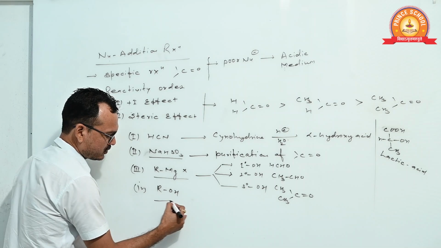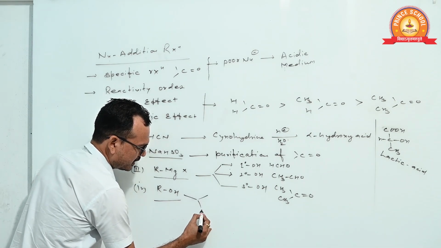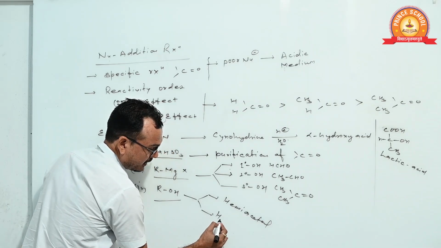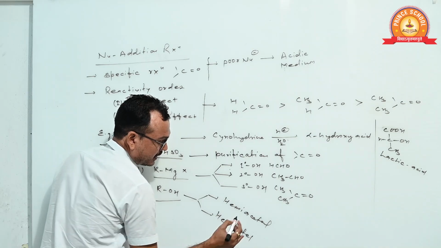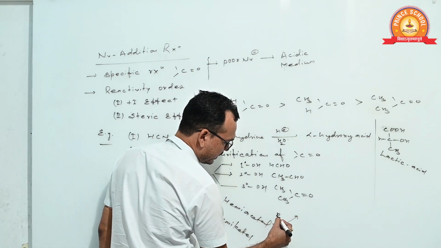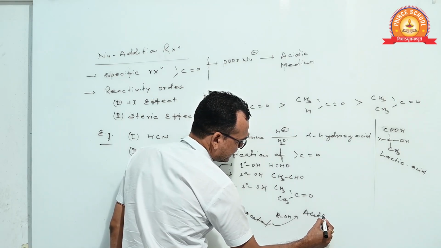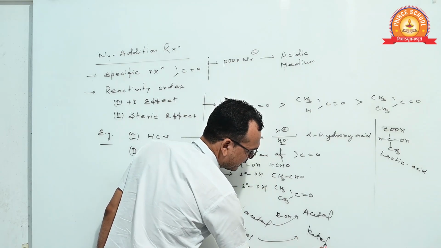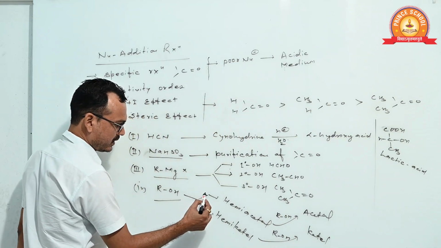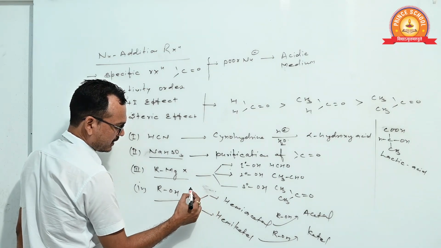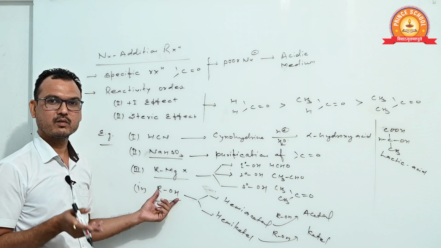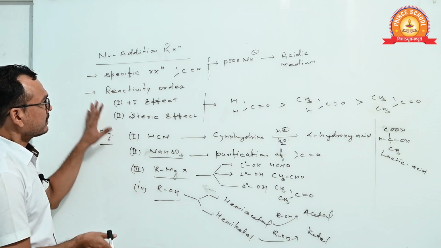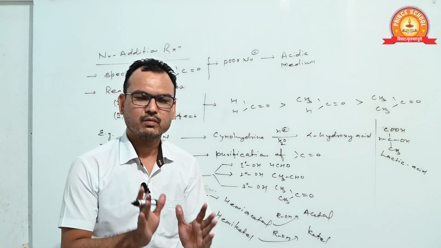And what is the utilization of this reaction? By using this reaction, we prepare the hemiacetal and hemiketal, and this hemiacetal converts into acetal, and this hemiketal converts into ketal when reacting with alcohol and carbonyl compound. When the first mole of alcohol reacts with aldehyde, then it forms the hemiacetal, then it converts to acetal. This is the way by which you can revise your topic.